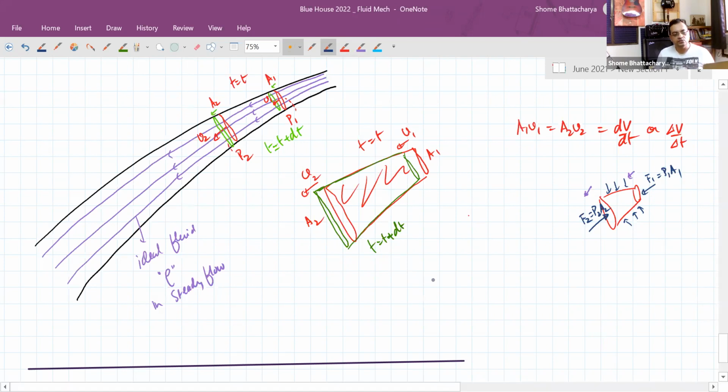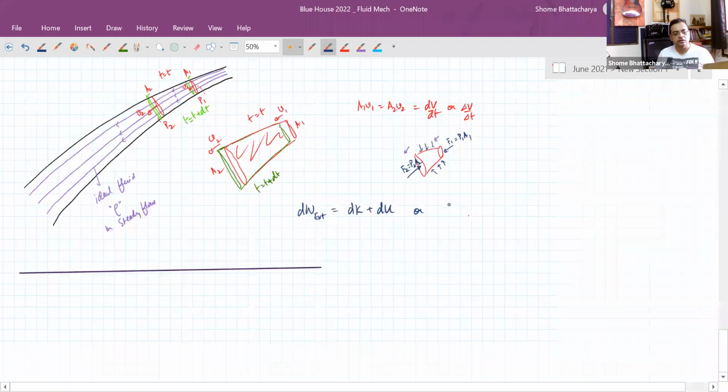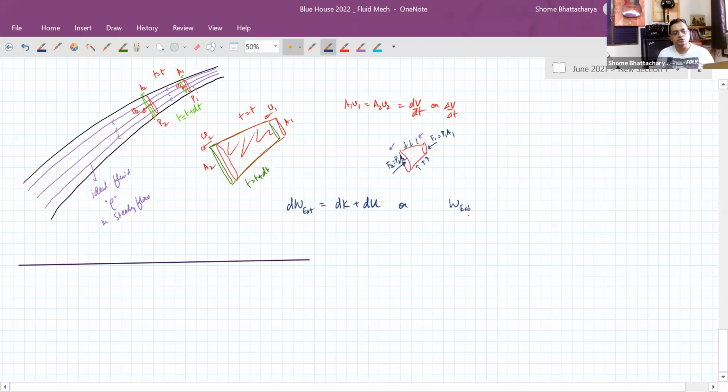we can say that the work energy theorem will tell us that the net work done by the external forces acting on it, okay, there is no non-conservative force, so I won't consider that because there is no viscosity, should be equal to the change in its kinetic energy plus the change in its potential energy. Or we can write it in the language of delta: the work done by external force during a small time delta t is equal to the change in kinetic energy plus the change in gravitational potential energy. We can write it like this also, where